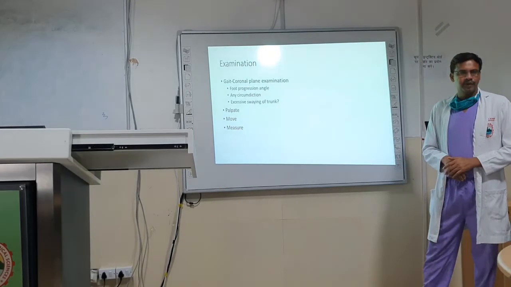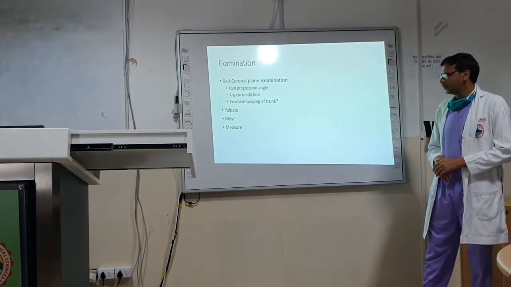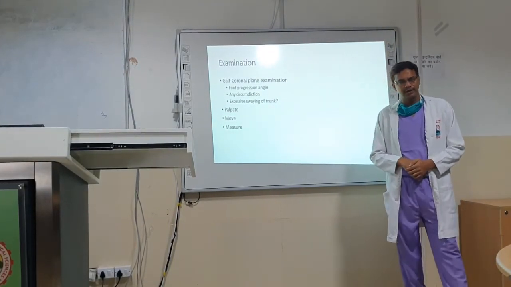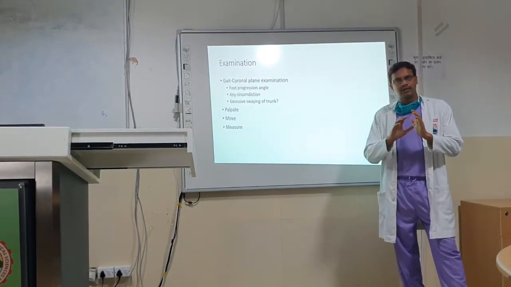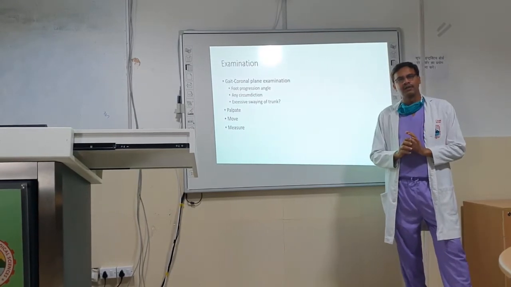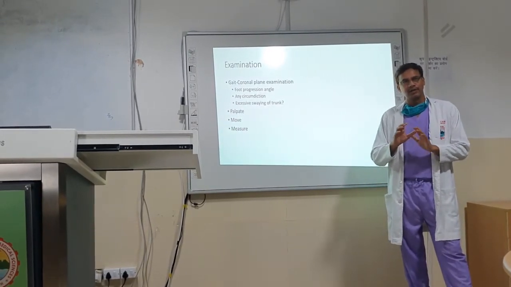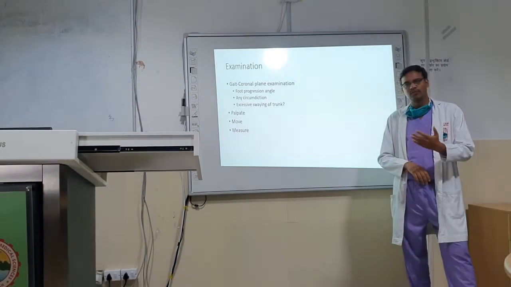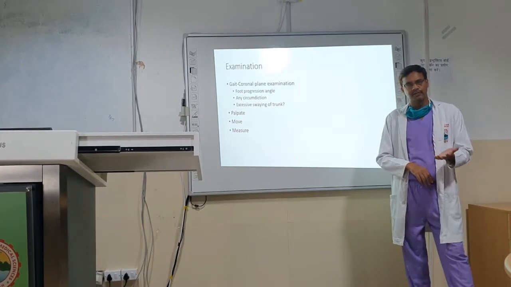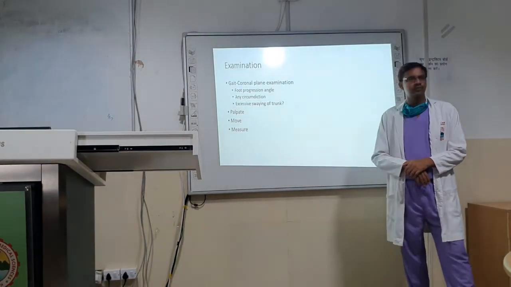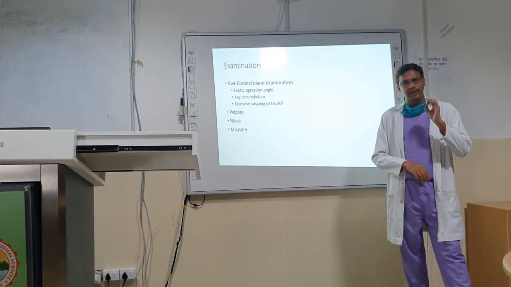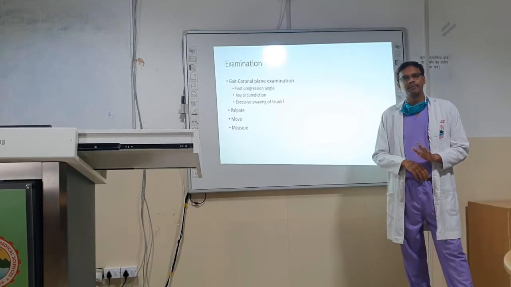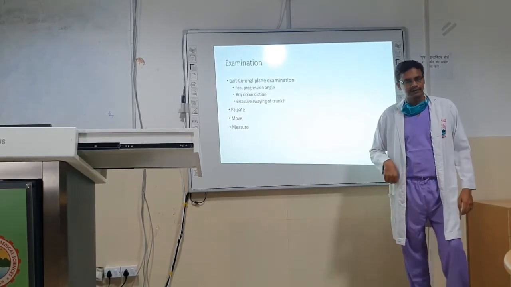So once you are satisfied with your gait examination, the next is palpation. You have to palpate whether there is any swelling, whether the muscles are soft to firm, whether there is any abnormal swelling, whether any contracture or deformity or not. All this is routine examination. Then you have to move and check whether there is any stiffness in the hip, knee, ankle or foot, and then you have to measure, because LLD, whether apparent or true, both are important causes of limping. So this we will come to next.